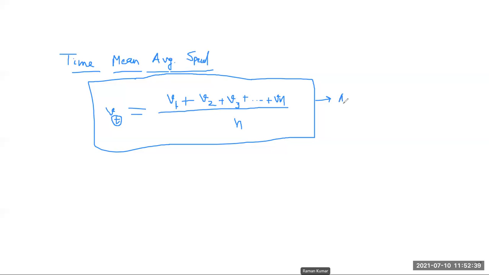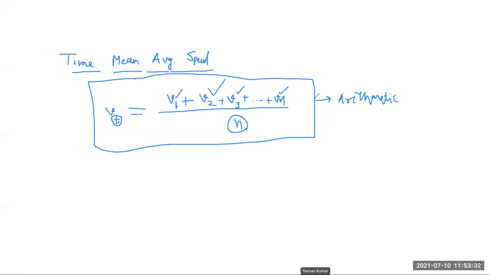So remember this point, this is the arithmetic mean of spot speeds. These are the spot speeds for vehicle 1, vehicle 2, vehicle 3, up to the nth vehicle, where n is the number of vehicles observed. So this is the formula for calculating the arithmetic mean. How do we calculate it? We add all the observations and divide by the number of observations. This gives us the arithmetic mean, and here we use spot speed.